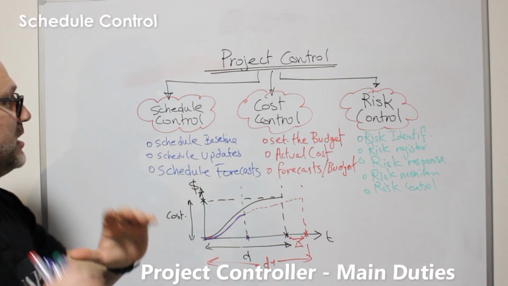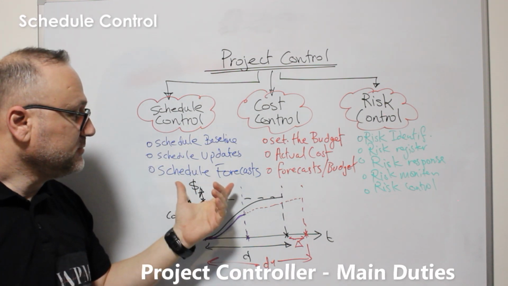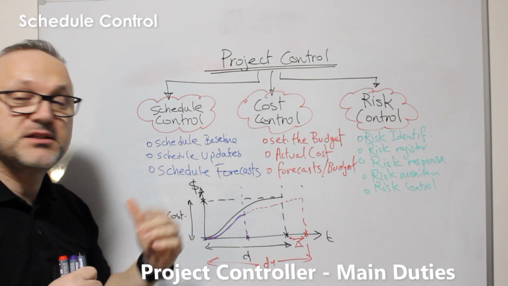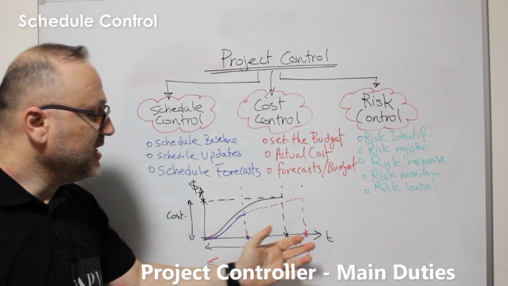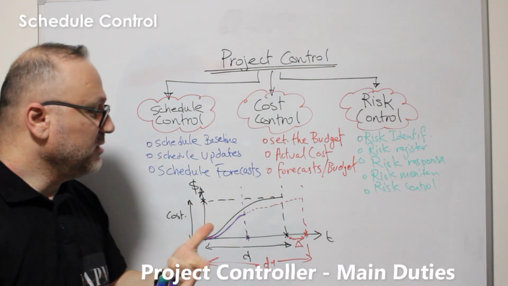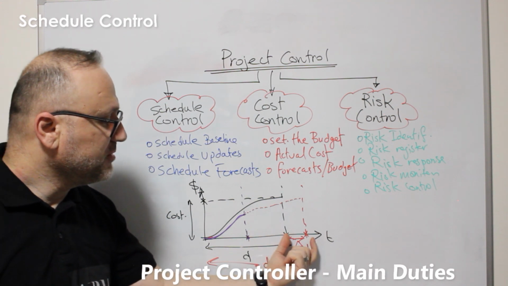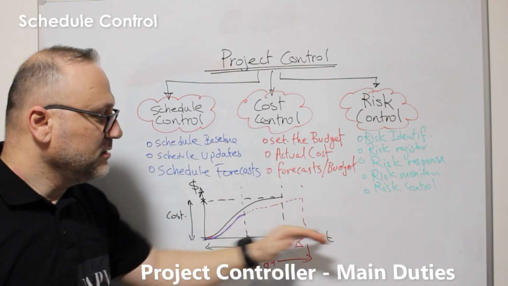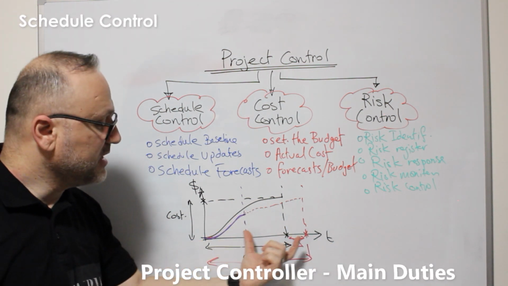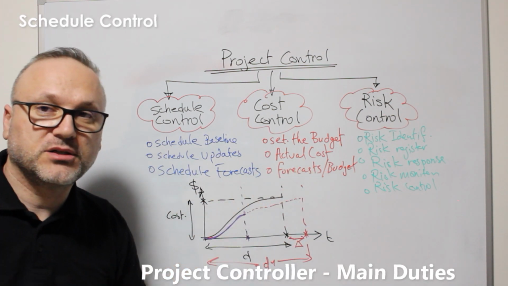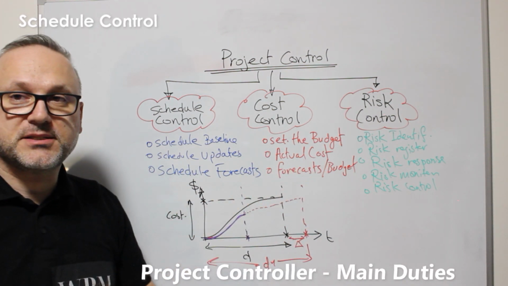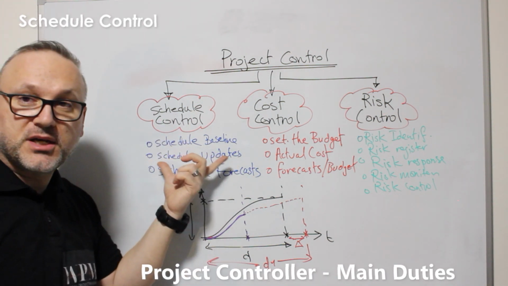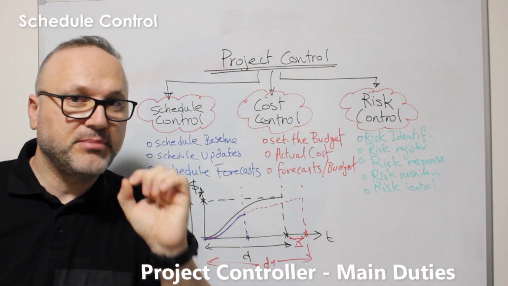The project schedule controller makes the forecast of the project with respect to the time only, unless he is responsible for the cost as well. So the project controller for the schedule control says, okay, there is a deviation. The forecast which he or she sees is that the project will be deviated, there will be a delay of time, there will be some extra time required for the project or less time required for the project.